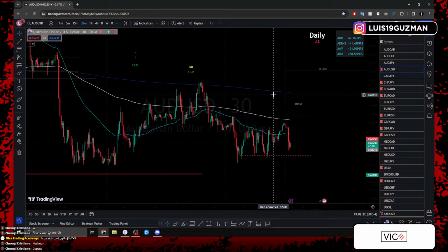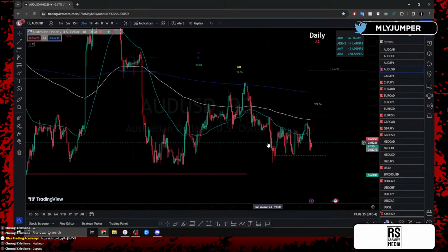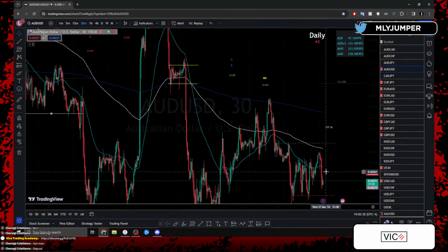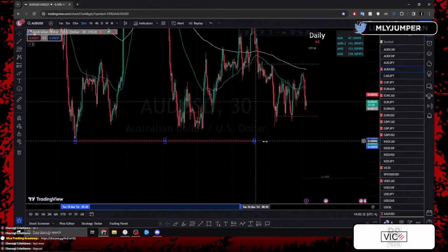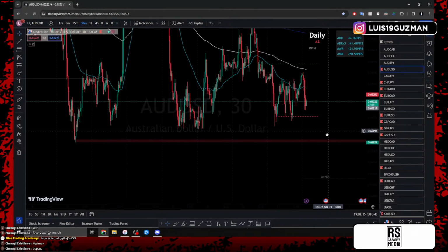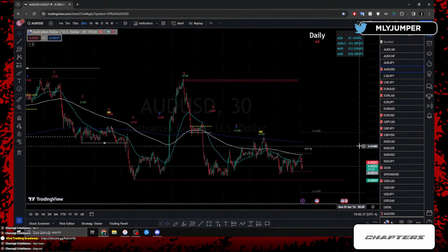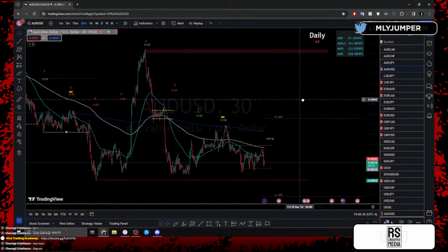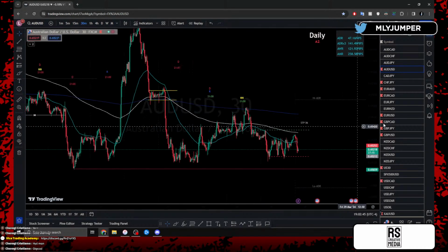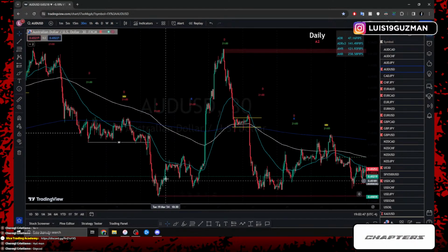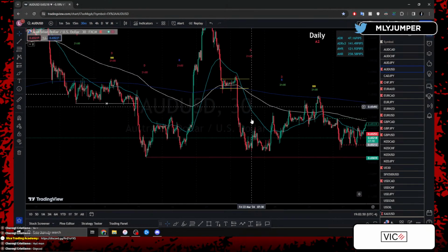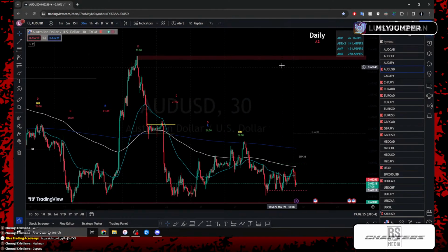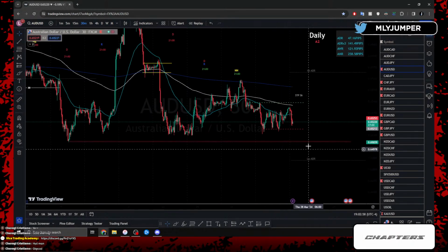Alright, so we're gonna focus on the 30-minute time frame again. Just focus on market structure. We know that on AU we're still trading between this low and this high. Price is still trying to reach these lows, and anytime we reach them, we reject and go back up. We're looking for overall downtrend patterns on AU. We saw lower low, lower high, lower low, then price gave us a higher high. Still trying to see, are we going to get higher lows to continue the push to the top side, or is price going to finally melt down to the bottom?